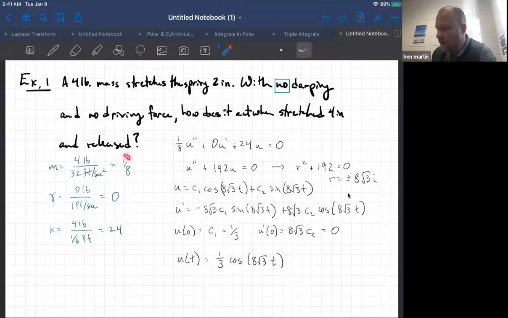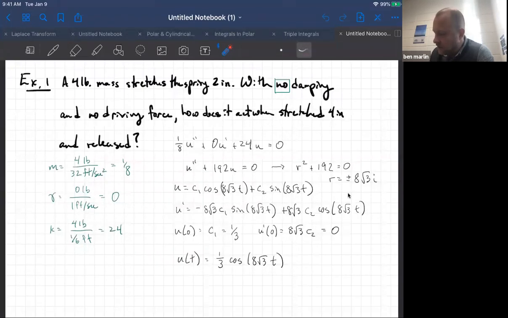And so we will come down here and figure out that the mass we've got is going to be 4 pounds divided by 32 feet per second squared, that being the g that we use for the old-fashioned imperial system. So then the unit we've got there, 1/8. I am not going to write the units in every piece of this problem because that would just be nightmarish. All right, then